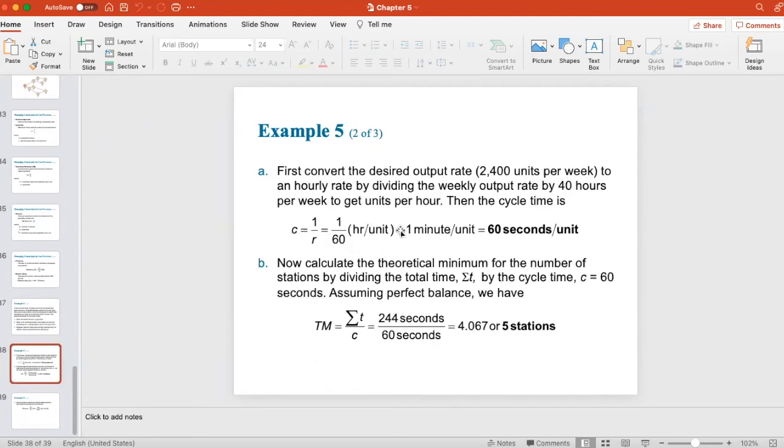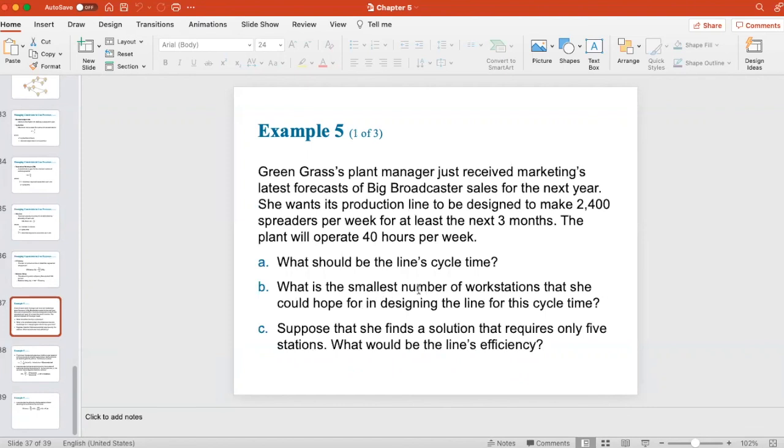If we want to translate it to seconds per unit, it's very simple. 1 over 60 hour per unit is equivalent to 1 minute per unit, which is also equivalent to 60 seconds per unit. So we already know that the cycle time is 60 seconds per unit. This should be very intuitive. Now, after we know the cycle time, we can calculate the smallest number of workstations